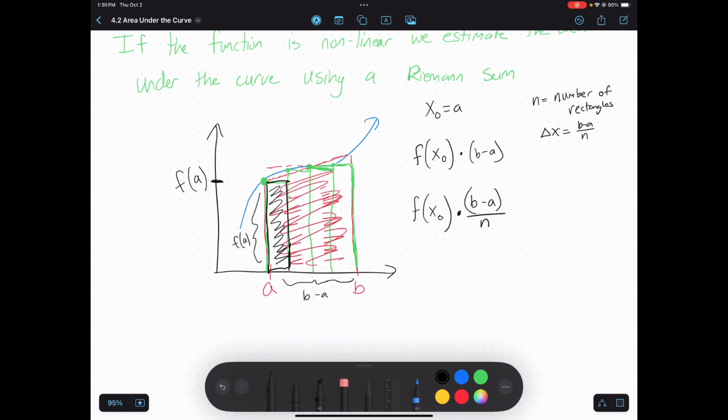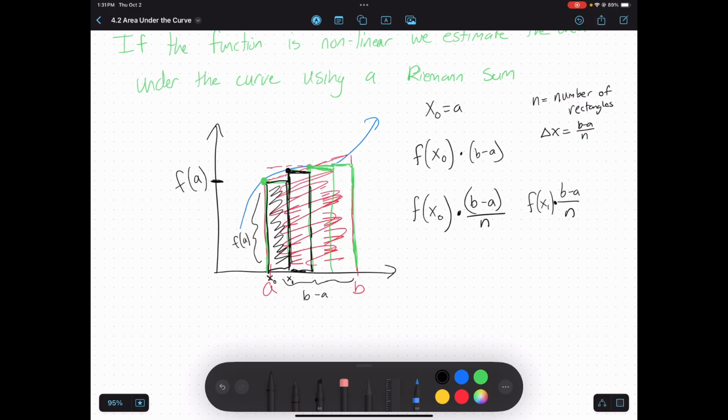So if I move on to the second rectangle, how is it different? It still has the same width. The width is still the same, but I'm now using a different x value to reference. I could consider this x sub 1. It's my first new x value that I'm now going to reference to figure out the height of the rectangle. The height, of course, is still a y value, so I do have to plug that value into my function. But there's the area of my